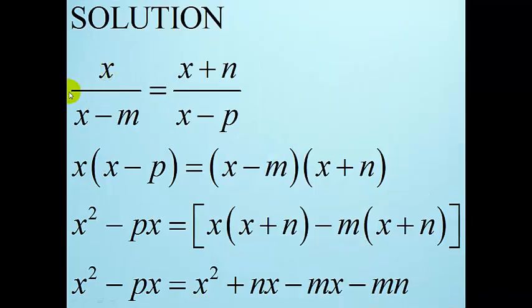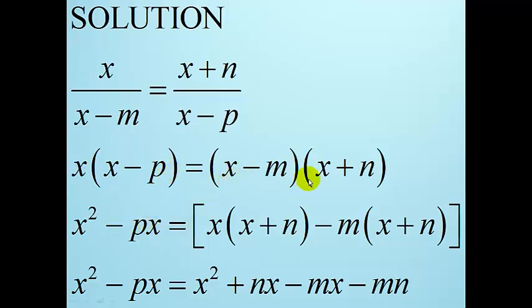So given x divided by x minus m equals x plus n divided by x minus p, we cross multiply. So x multiplies x minus p. That's how we have x into bracket x minus p. This is equal to x minus m also multiplying x plus n, so we have x minus m times x plus n. Now let's expand. x times x is equal to x squared. x times minus p equals minus px. And this is equal to